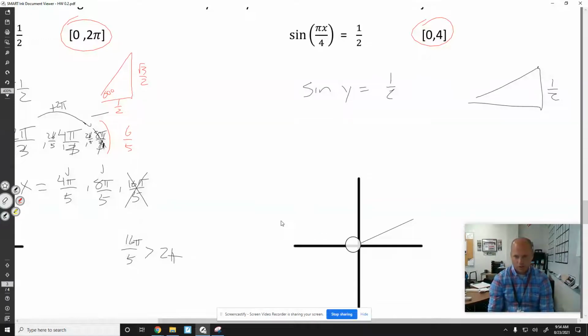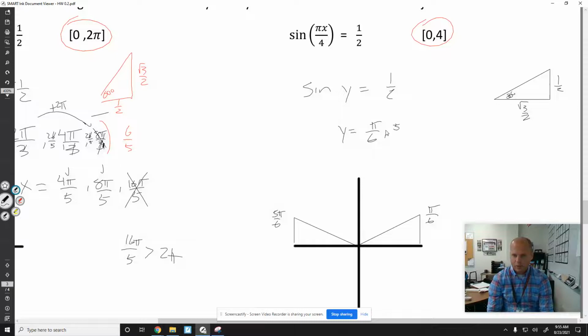So I want the shorter, 30, 60, 90, so that my vertical side is the shorter side, 1/2. Okay, so I'm right here, and I'm right here. Cool. This is at pi over 6, right? 30-degree reference angle. So this 30-degree reference angle, this is pi over 6. 6 pi over 6 minus pi over 6, 5 pi over 6. Okay, so I found two solutions right now